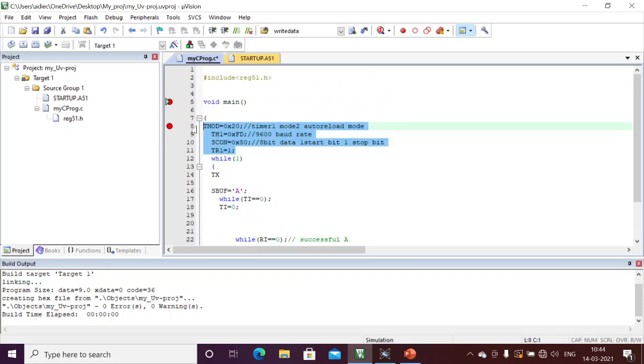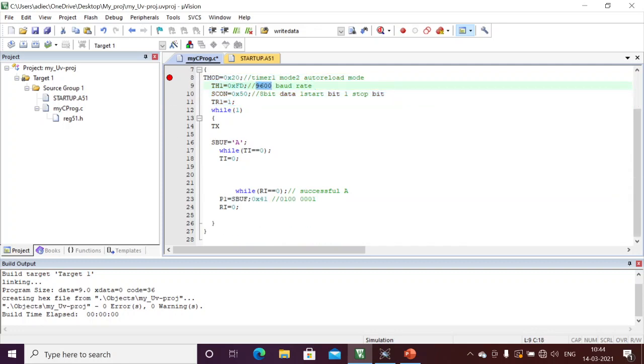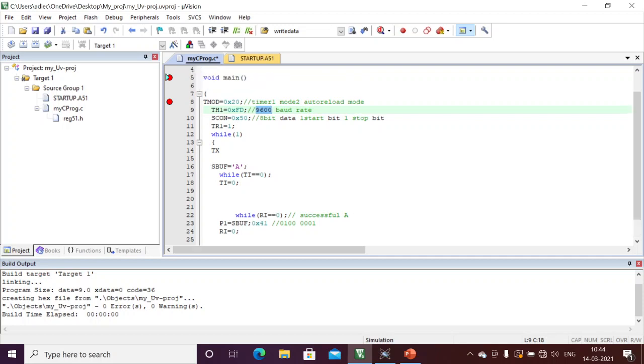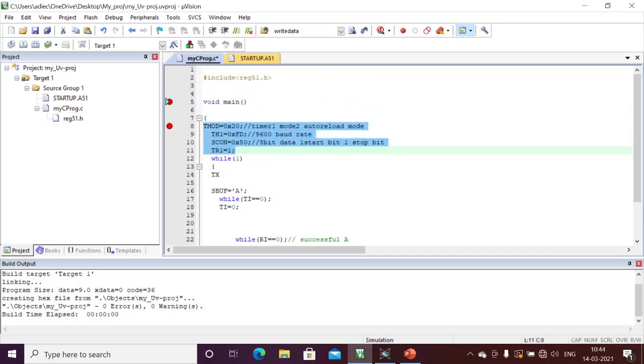Here I am setting the baud rate only once. I initialize the baud rate once, then it will be retained forever, until successful communication. The baud rate should be set only once. This is mainly the working principle of serial communication.